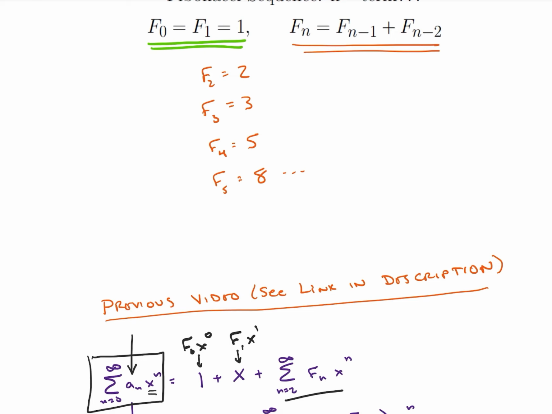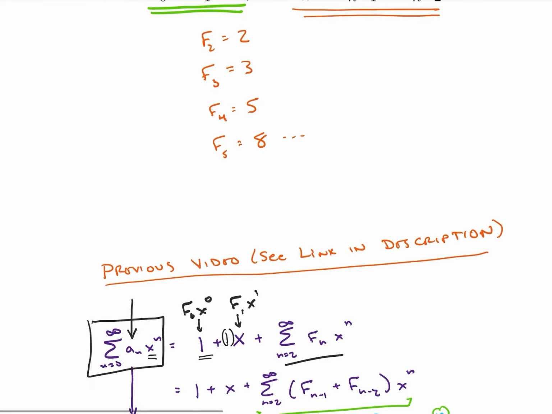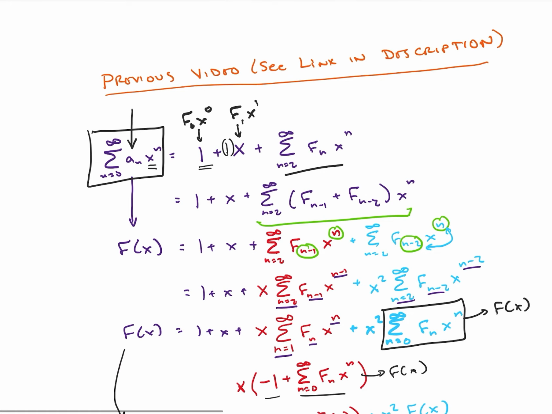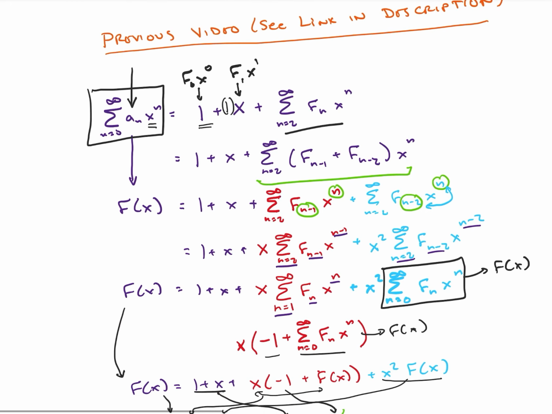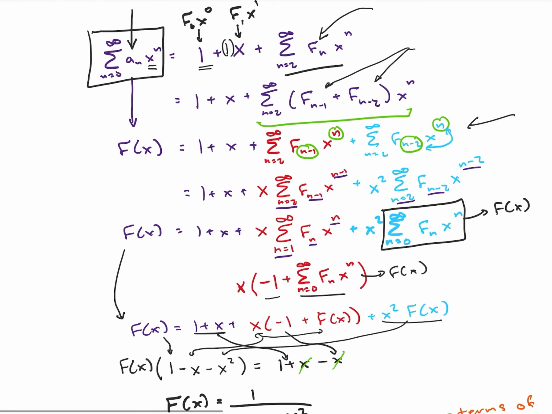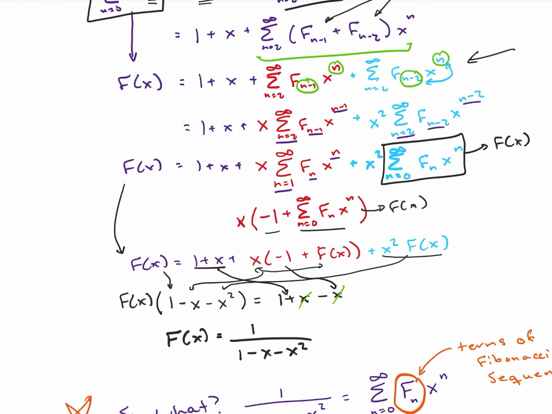So when we did that, we would start off with f sub 0 times x to the 0, which is 1. And then we'd have f sub 1, which is 1, times x to the 1. And then we continue to have this expression. I'm going to breeze through this because I have another video that goes through this process. What we do is we recognize that f sub n is f sub n minus 1 plus f sub n minus 2. And then we change indices to get our original function